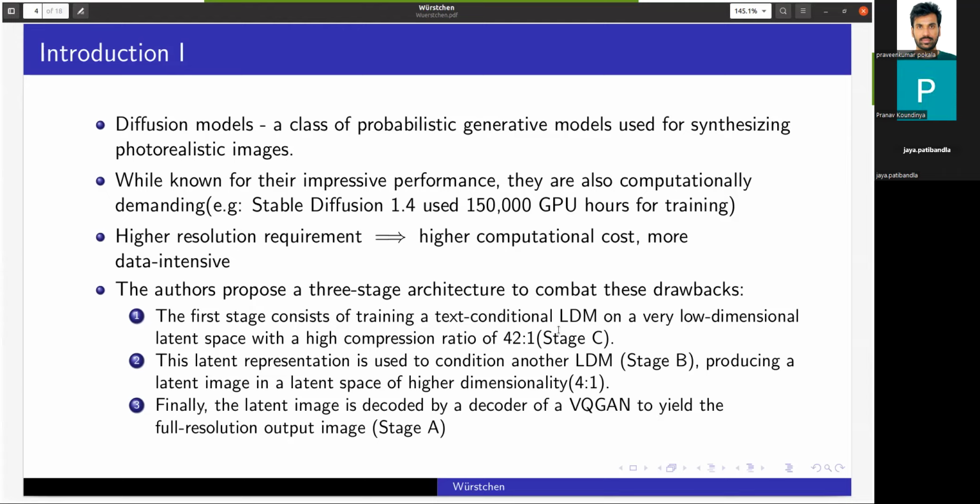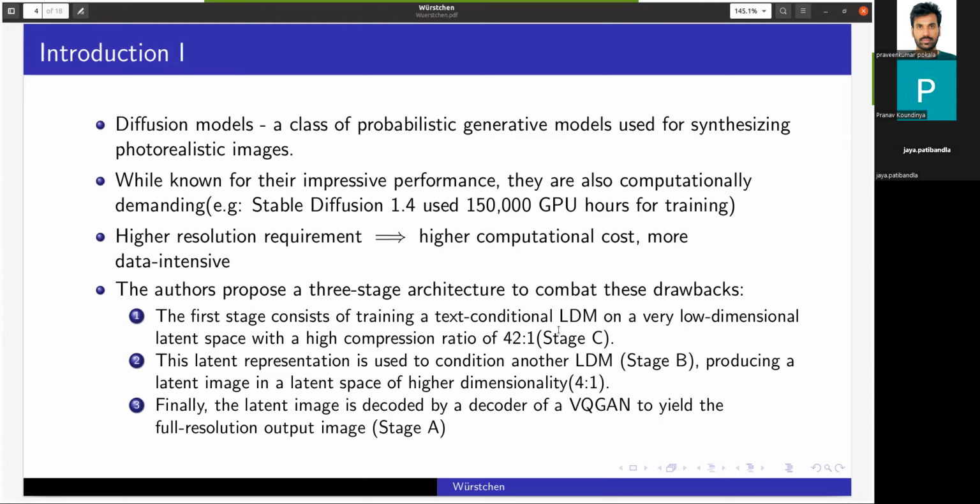For example, the Stable Diffusion model used about 150,000 GPU hours for training. So this is not feasible on any like personal computers. This requires a workstation compute powers in order to train such huge models. And it's a known fact that higher resolution requirements implies a higher computational cost, which makes it more data intensive. So in order to combat all these drawbacks, the authors of Würstchen paper propose a three-stage architecture that